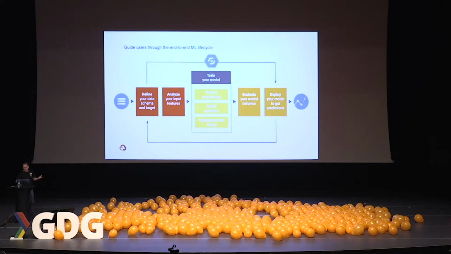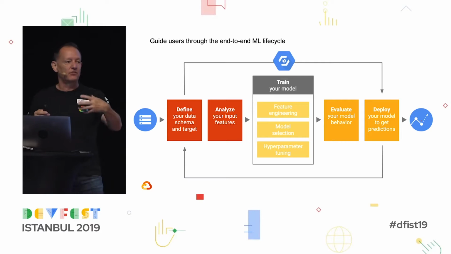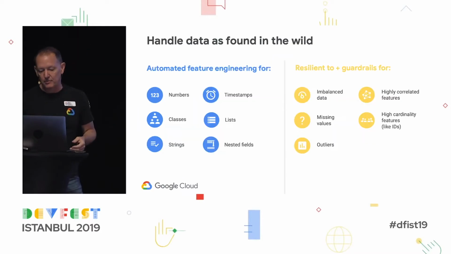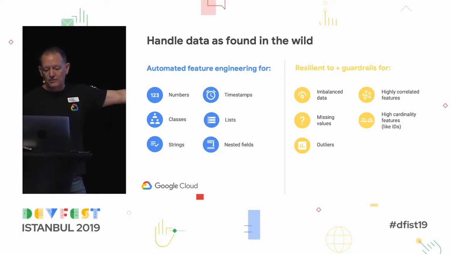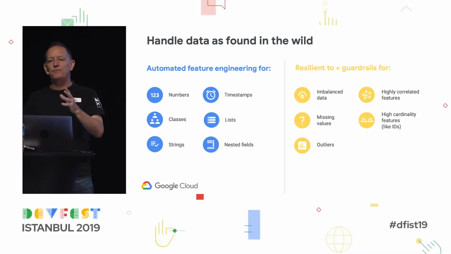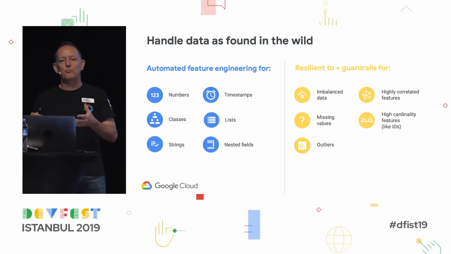AutoML takes that and makes it much, much easier. You still have to collect your data, you still have to categorize it, but then you just drop it into AutoML Tables with one click, and you select the column you want to train on. This is the value you want to predict, and then you're going to be able to build the model. So I mentioned it already, this works for numbers and classes and lists, and it has all these different guardrails for helping you manage that data correctly.